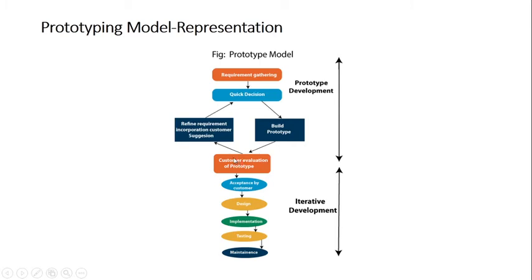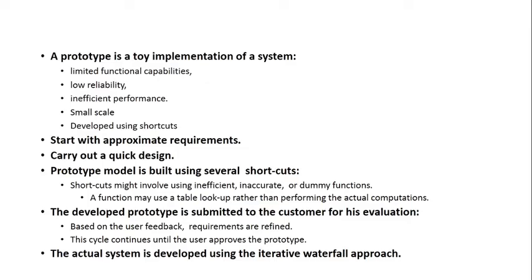So in that way, this cycle of prototype development could become a bottleneck. I mean, it becomes an unending cycle. You keep on developing and modifying the prototype, and the actual system is never developed since the customer is not satisfied. So it might happen, rarely, but yes, it might happen. This is one of the possibilities in the prototype model, the major drawback, right?